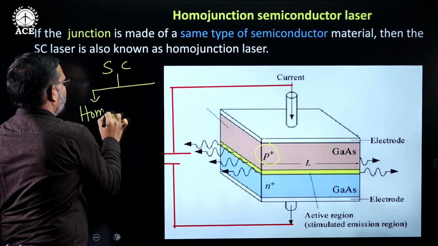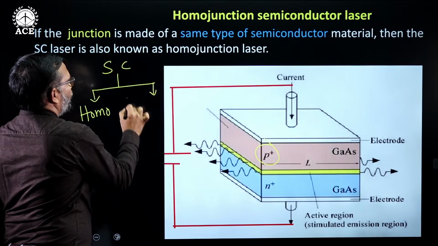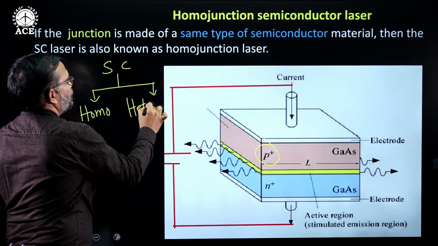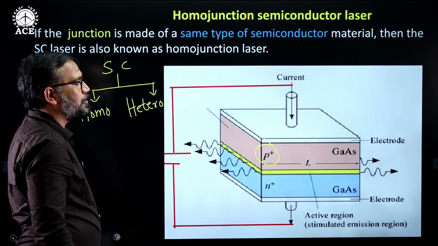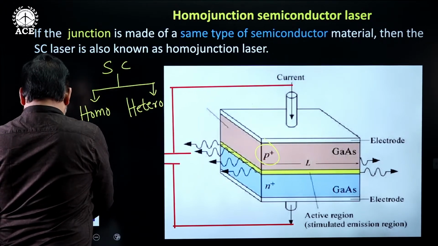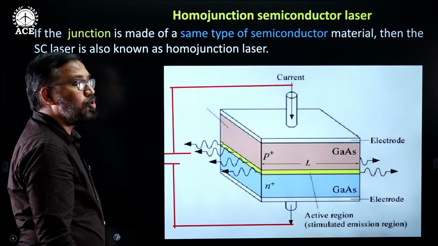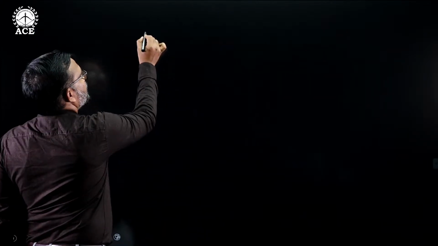Homojunction. The next one is heterojunction. These are the two junctions. Now I am going to explain what a homojunction is. Homo means the same type of band gap. Homojunction means